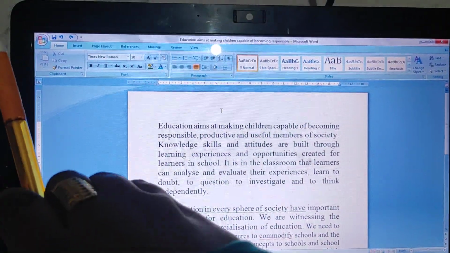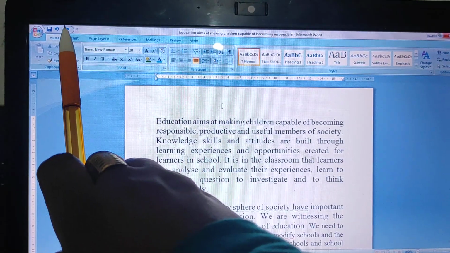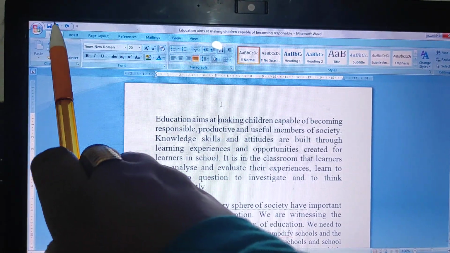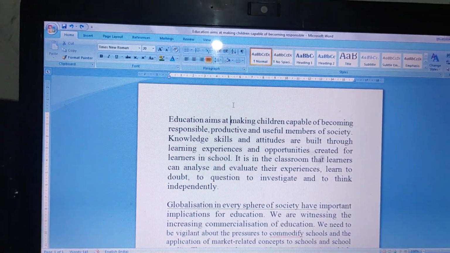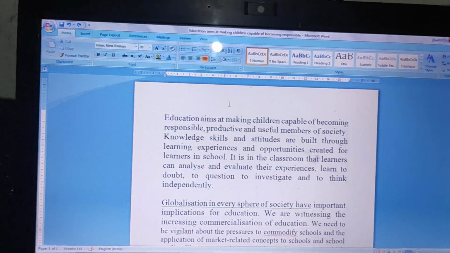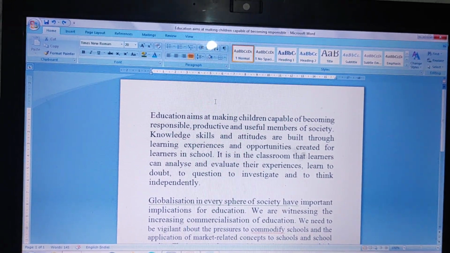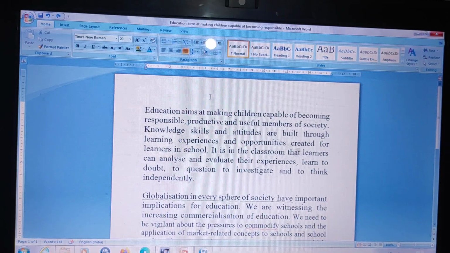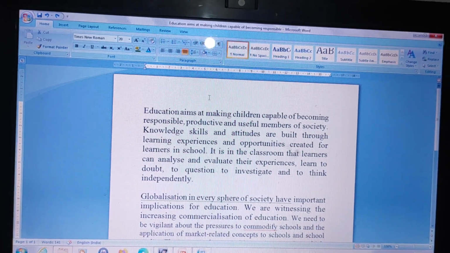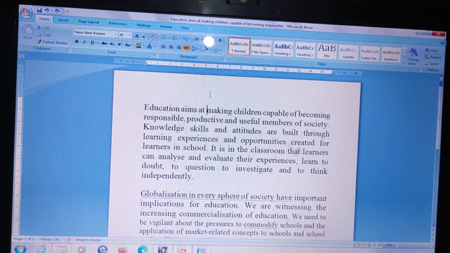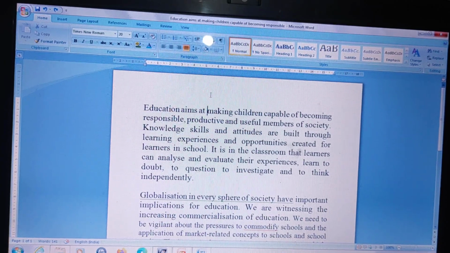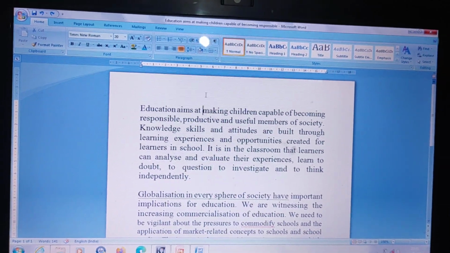Now next is undo and redo. These are the two options of undo and redo. This is the undo and this is the redo, and this is the quick access toolbar. So undo and redo buttons are present on the quick access toolbar. The undo feature is to repeat the last action that is made, and the redo feature is to redo the most recent action that you undid. So see the examples.